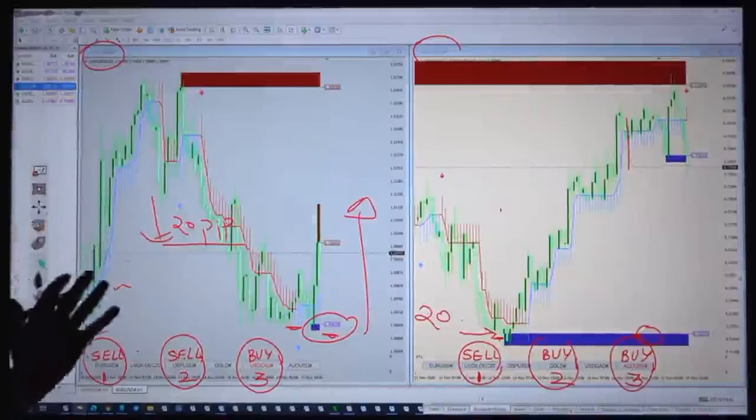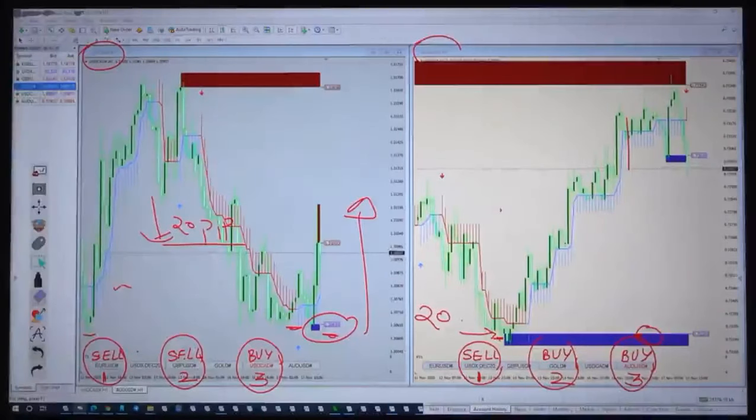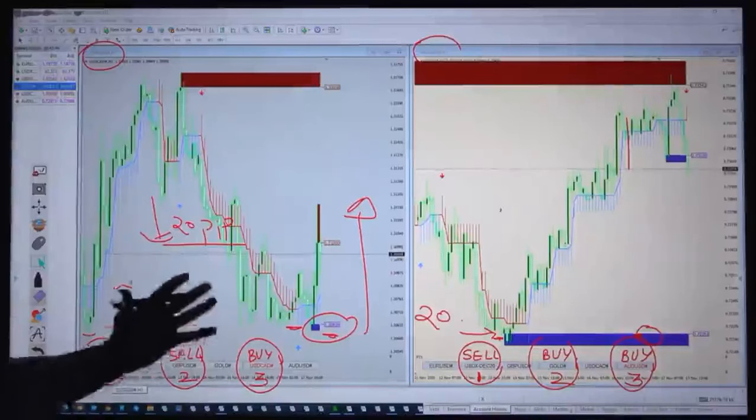So this is how the hedging strategy basically works. It is very simple and very easy to apply. You do not have to do anything, just give your 5 minutes and you can do this. We have a complete automated setup based on your chosen plan. We will give you the setup.